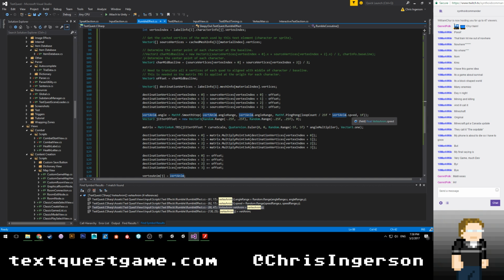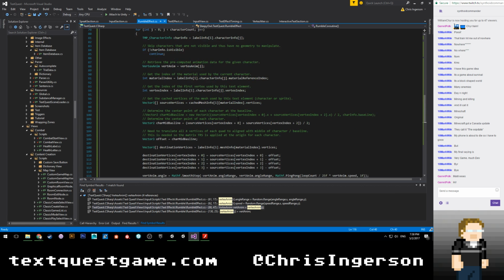It must be doing some magic numbers math that's making it basically not really that responsive, which is a shame. Yeah, it does look like it has a lot of hard-coded values. Ugh. Although the jitter offset here, so that must be its maximum possible range, huh? So we could expose that,